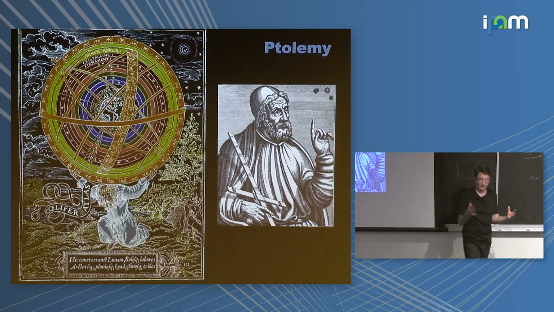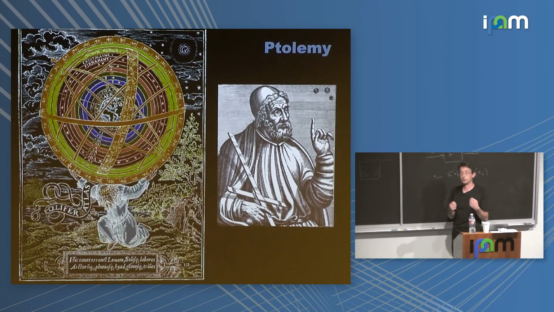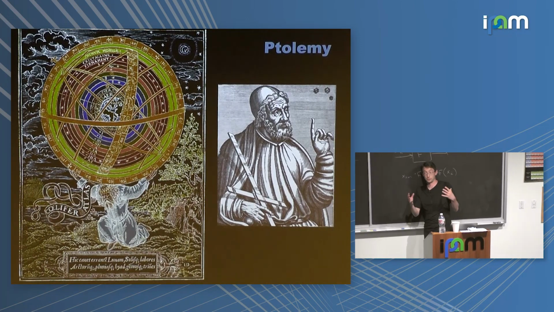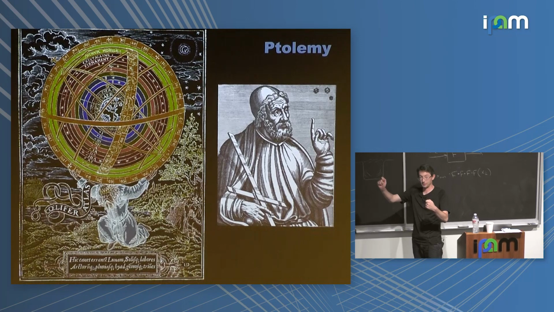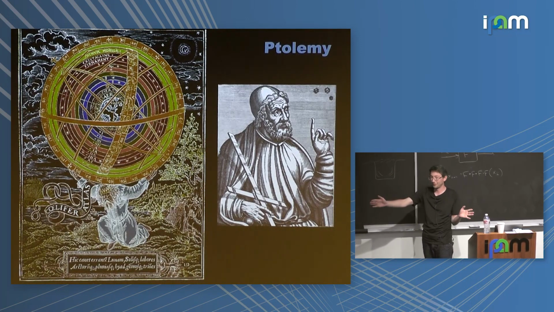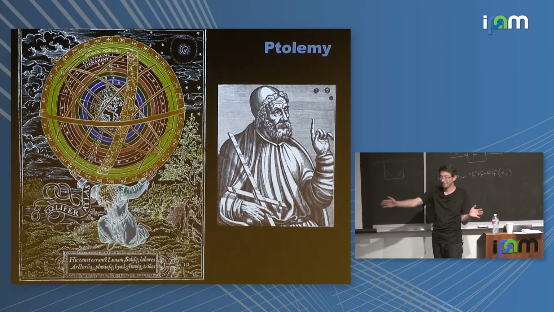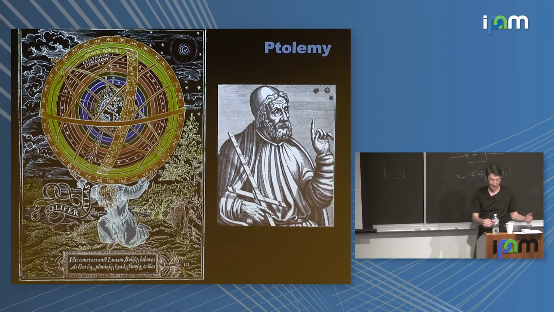But the Ptolemaic system was essentially this idea that you could describe the motion of celestial bodies as basically a summation of circles plus littler circles plus littler circles. Does that sound like anything to anyone? So it sounds a lot like the Fourier transform to me. I'm adding up a bunch of circles of different frequencies.